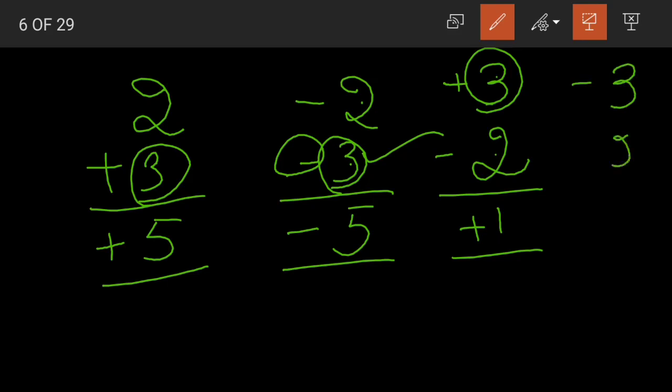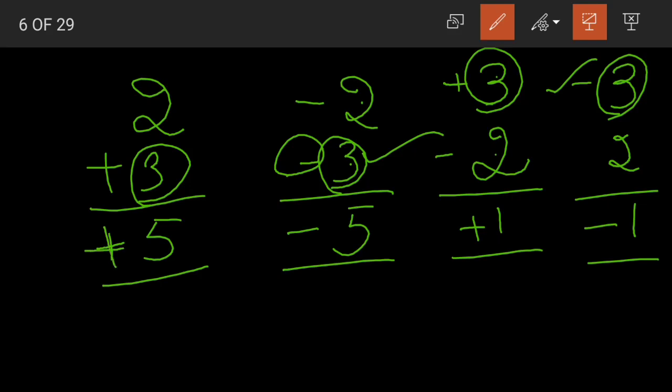Minus 3 plus 2. When we have one negative and one positive integer. Again, 3 minus 2 is 1. 3 is the higher absolute value number. It is having a negative sign. So the answer will also have a negative sign. Is this clear? You simply remember this. When we add or subtract integers, the sign of the higher absolute value integer is given to the result.